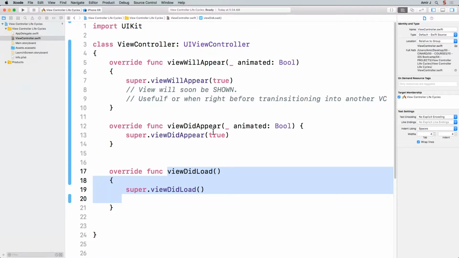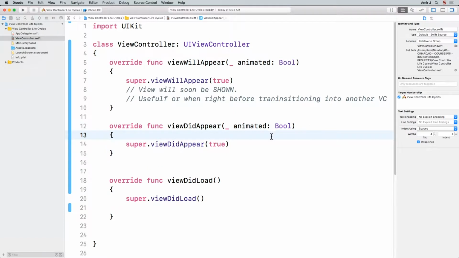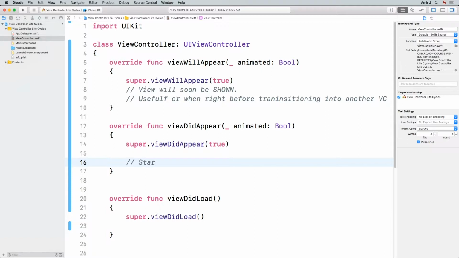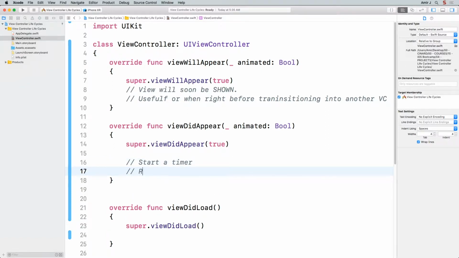So you might be wondering, what's the difference between viewDidAppear and viewDidLoad, and what should I use in viewDidAppear? When viewDidLoad runs, everything that you want has been initialized and allocated, but it is not visible yet, and there might be a little time between that and when it becomes visible. So for instance, if you want to start a timer or run an animation, this would be a much better place,